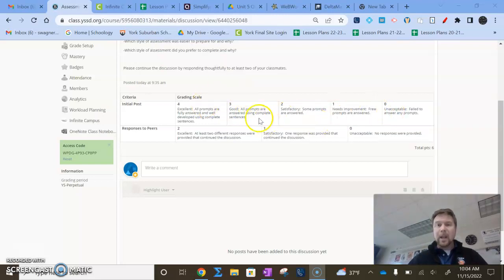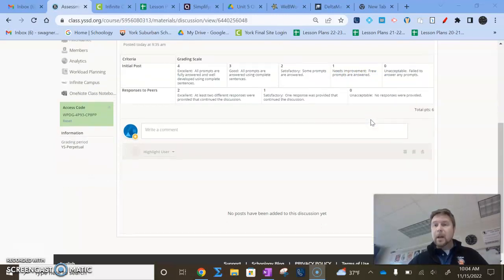As I progressed downwards, 3 is basically their prompts were answered, but they weren't necessarily fully developed. 2, a satisfactory, meaning some of them were answered, and a needs improvement, we would say maybe a few of them were answered. The unacceptable, which I added in there, 0 points, meaning you failed to answer the prompts. So maybe you just posted something, but it wasn't relevant, or you just didn't do the assignment.